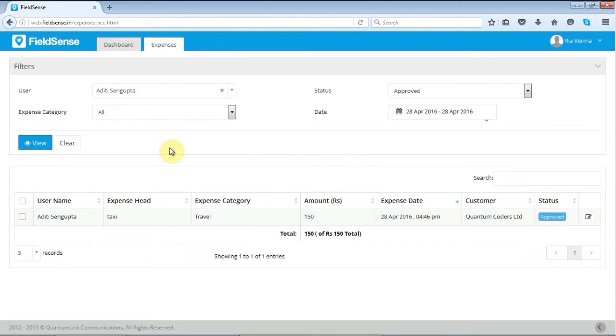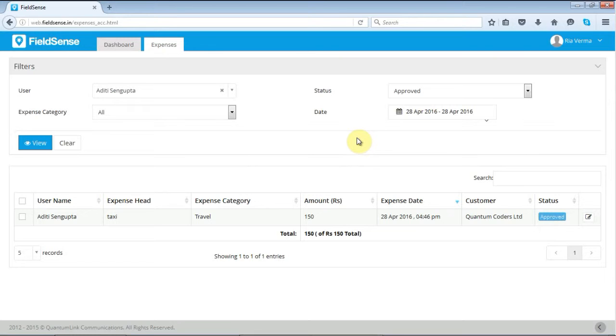So this is how you can get hold of your data, that is the expenses that you have uploaded through your Philson's application, which were approved by your managers and then approved by your accounts, or rejected by your accounts team directly through your Philson's web interface. Now since this is approved, you can log back into your Philson's application, and when your manager approves your expenses, it will come under the expenses tab, and from there you can get hold of that.